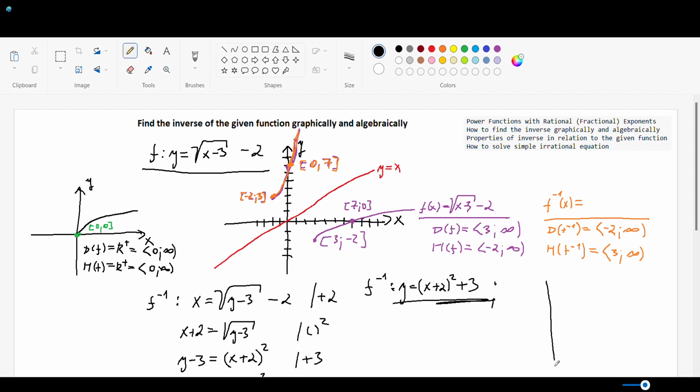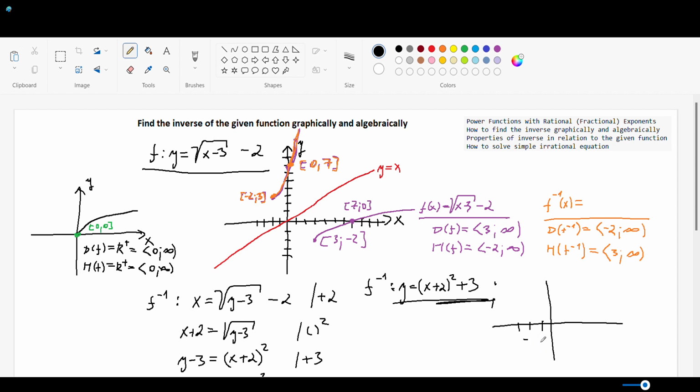The parent function is a parabola which passes through the origin, and we know that the transformation is 2 units to the left and 3 units up, so the vertex of the parabola of the parent function will be moved to